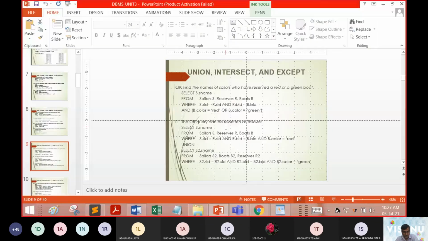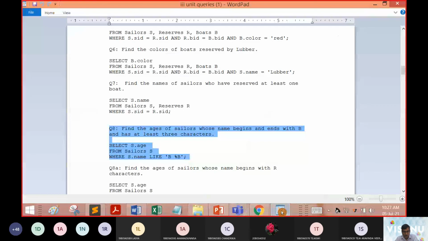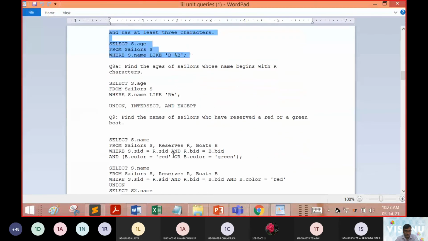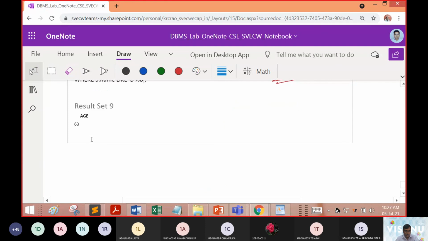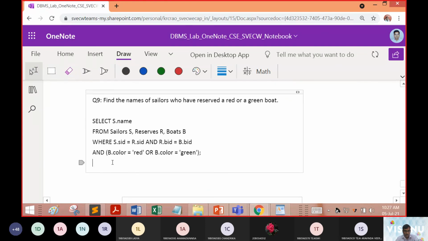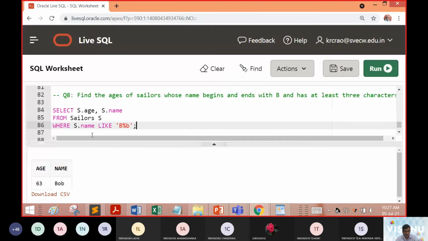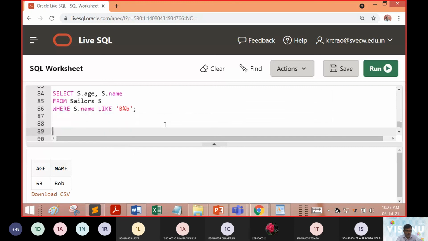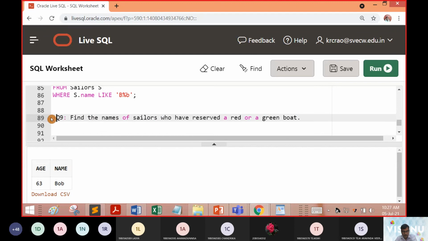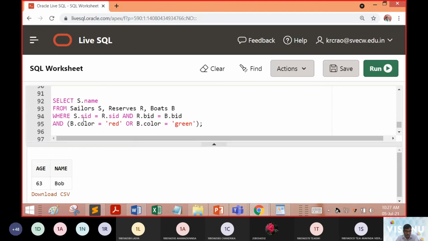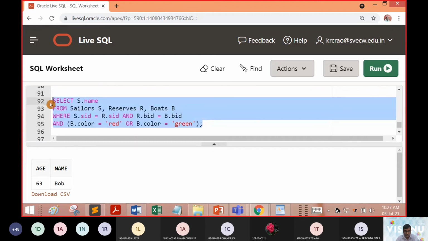So how will this answer look? We'll take up this query and put it here. The same thing we can put into live SQL, let us see that it is saved, and then get it executed.